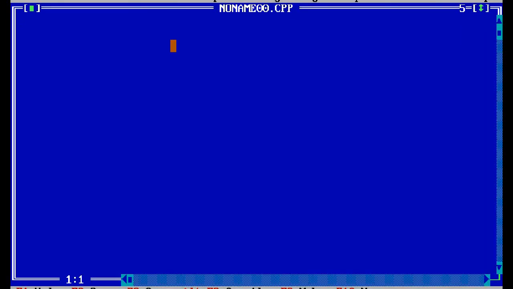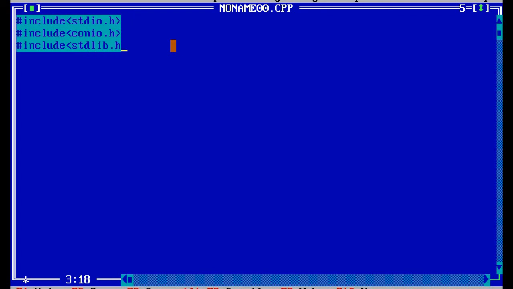So we'll see one example on malloc. So #include <stdio.h>. Next #include <conio.h>. Next I'm including #include <stdlib.h>.